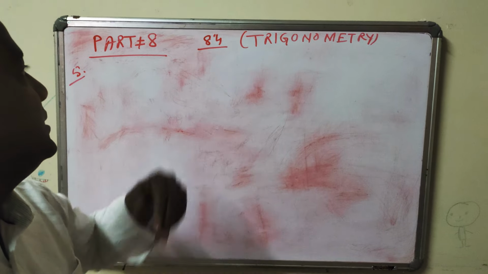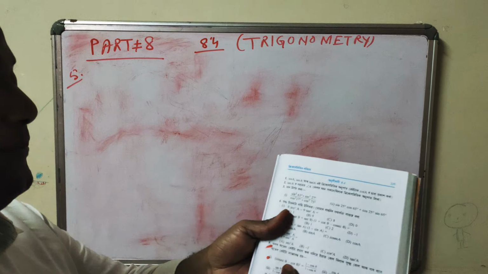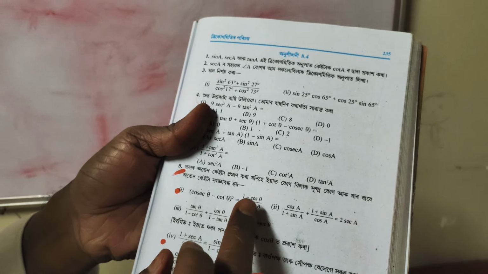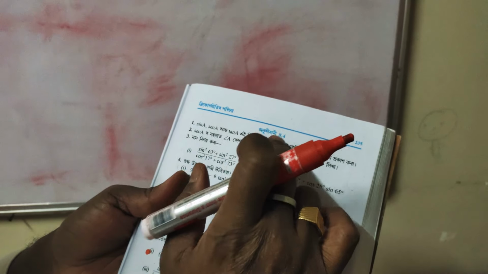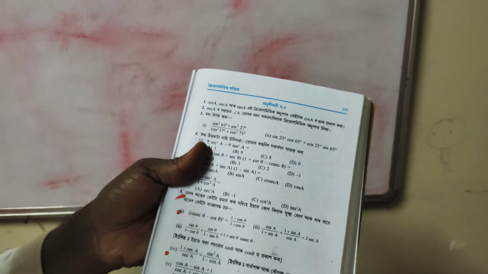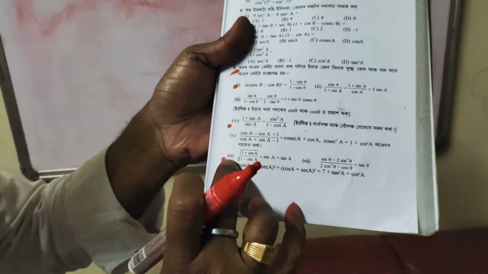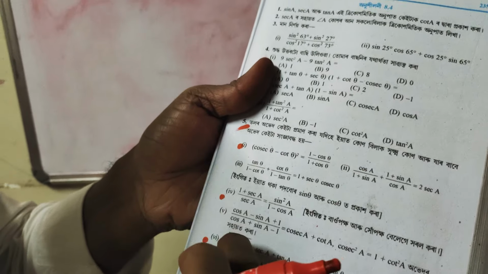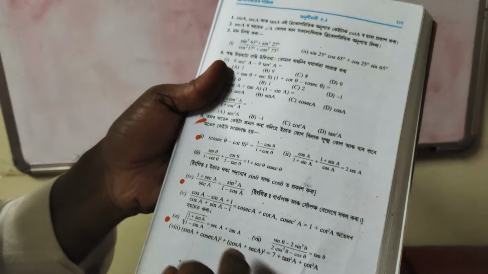Today in 8.4 part 5 I am going to solve. Yesterday I solved this sum, which is very important. It comes from 8.4. One of the sums from this is there in the question paper. So now I am going to show you an interesting sum. This sum and this sum, there is a relationship between these two sums. Therefore I am going to solve this sum.